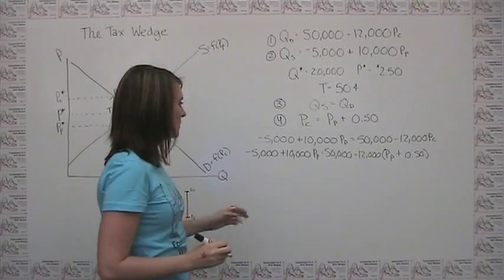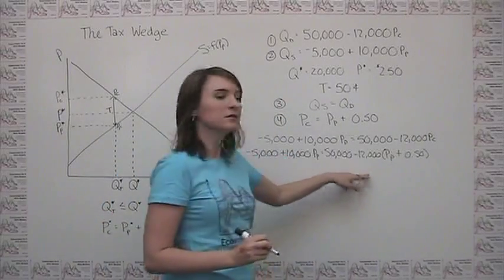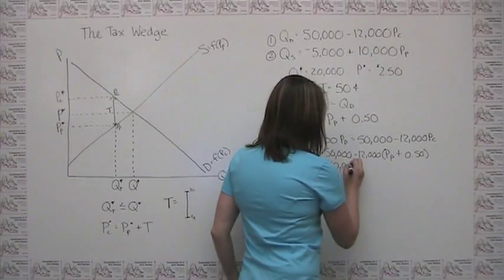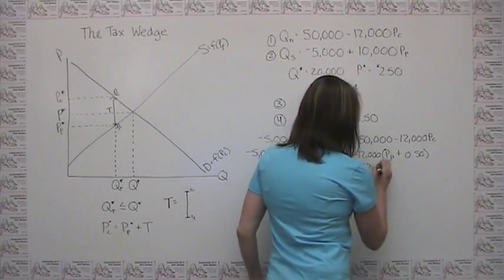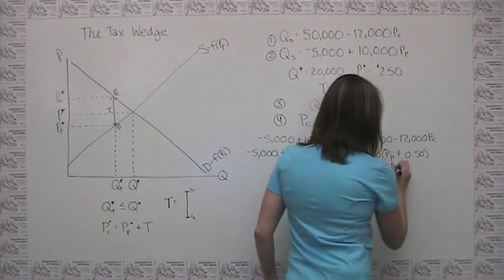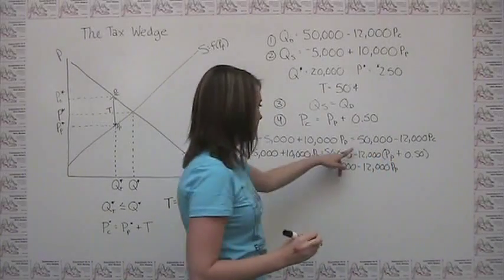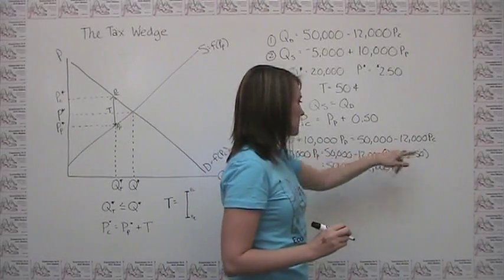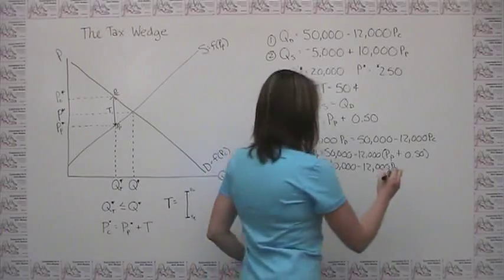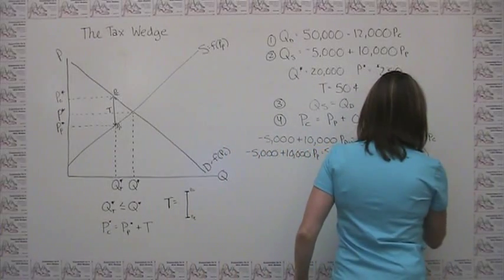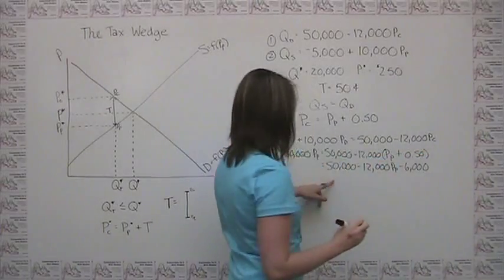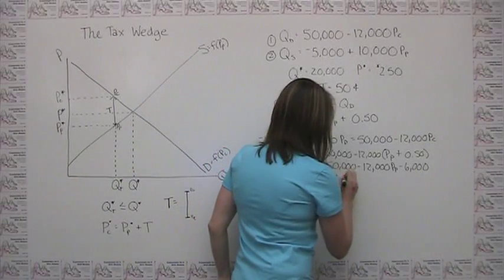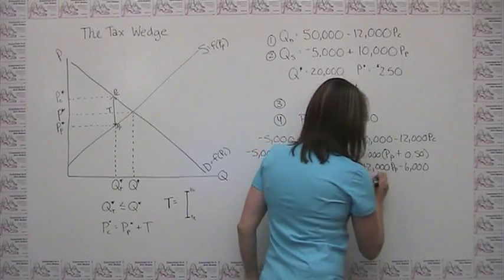Okay. So we can multiply this out. We say, well, this is equal to 50,000 minus 12,000 times the price to the producer, minus, don't forget to distribute your negative, 12,000 times 1/2, which is 6,000. This simplifies to 44,000 minus 12,000